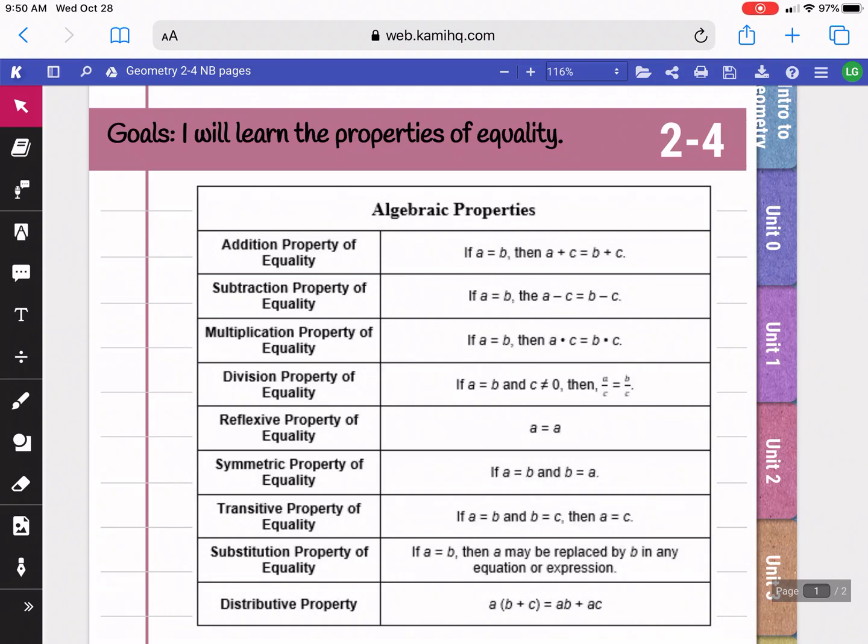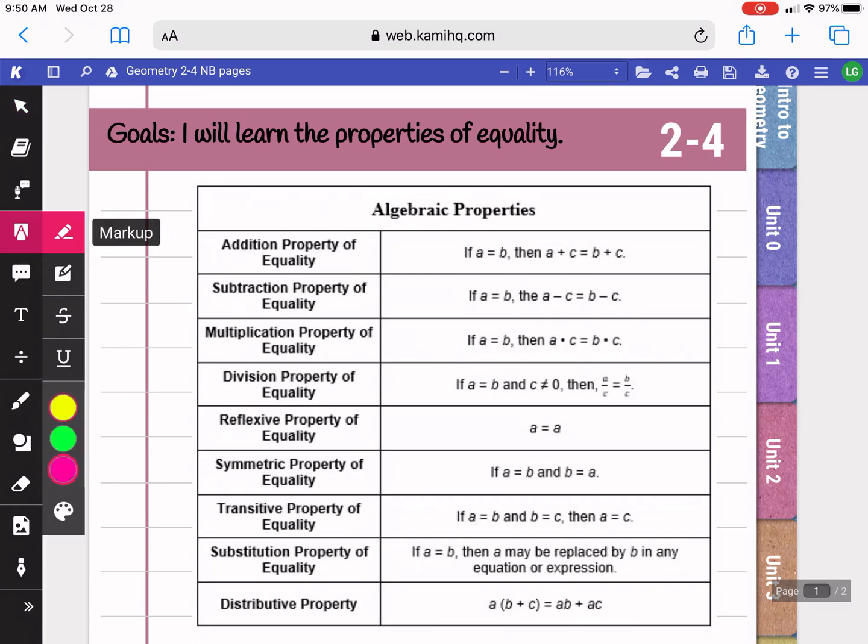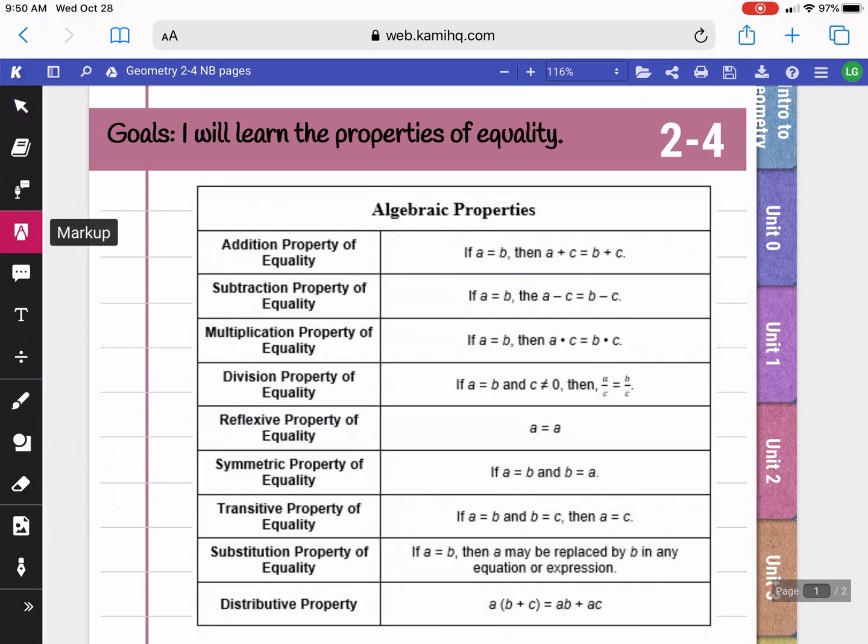In topic 2.4, we're going to be learning about algebraic proofs. Before we go into proofs, you need to know your properties of equality because we're going to use them to justify our steps while doing the proofs later. So some of the properties of equality that are used a lot are the addition property, subtraction property, multiplication, and